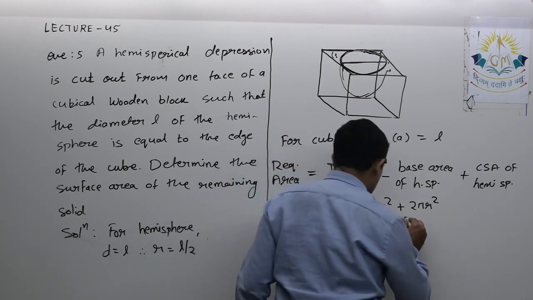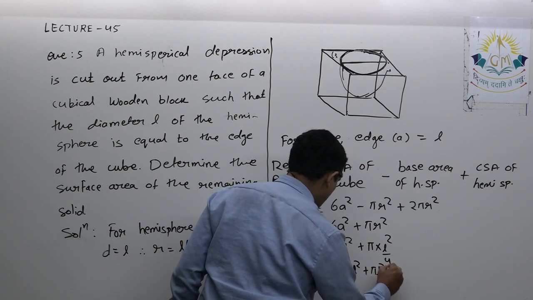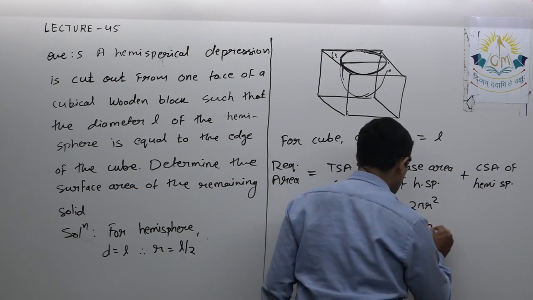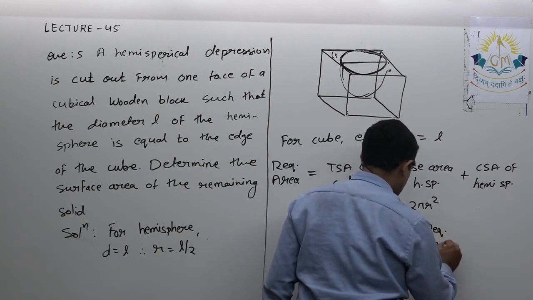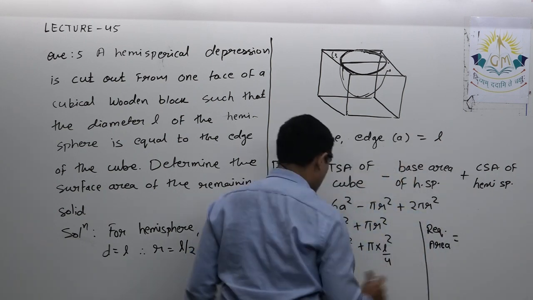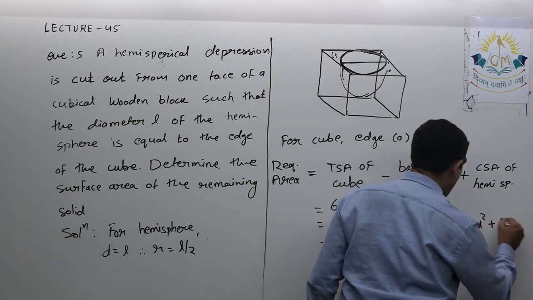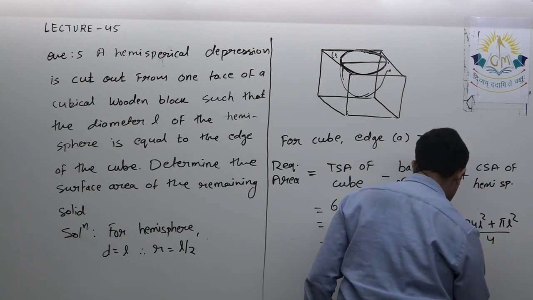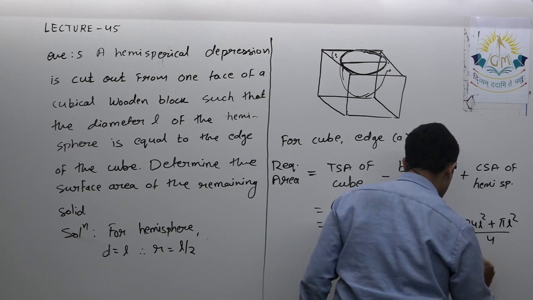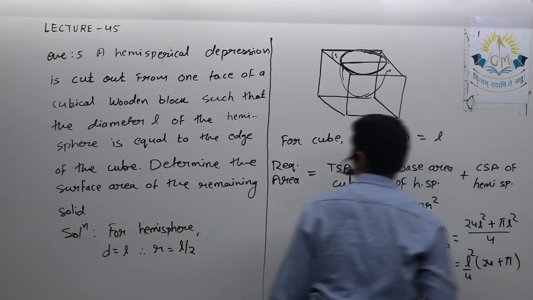So here I can say the final answer is 24 L square plus pi L square divided by 4. Or the required area can be written as, okay, let me write this step over here. So this will become 24 L square plus pi L square divided by 4, or that can be written as L square by 4 times (24 plus pi) centimeter square or meter square, whatever it is